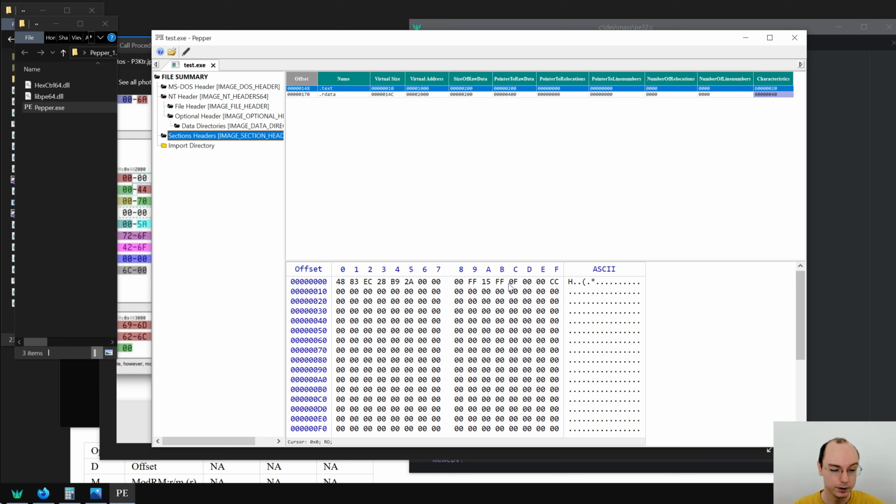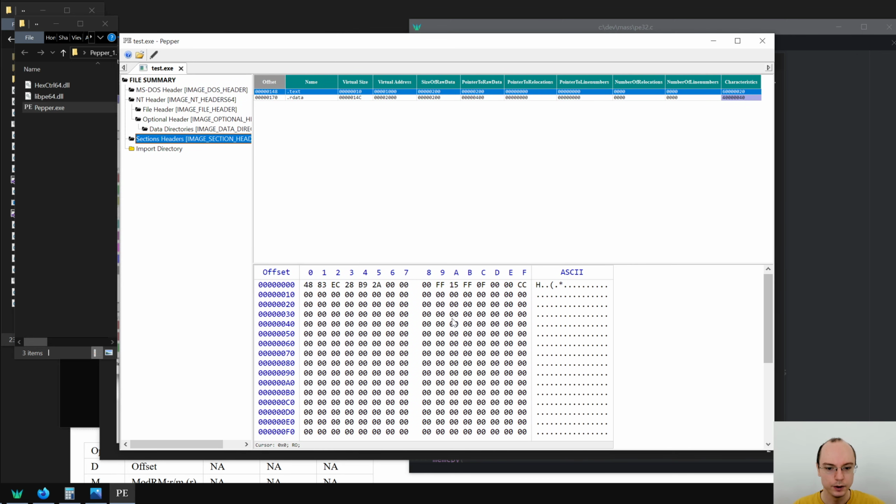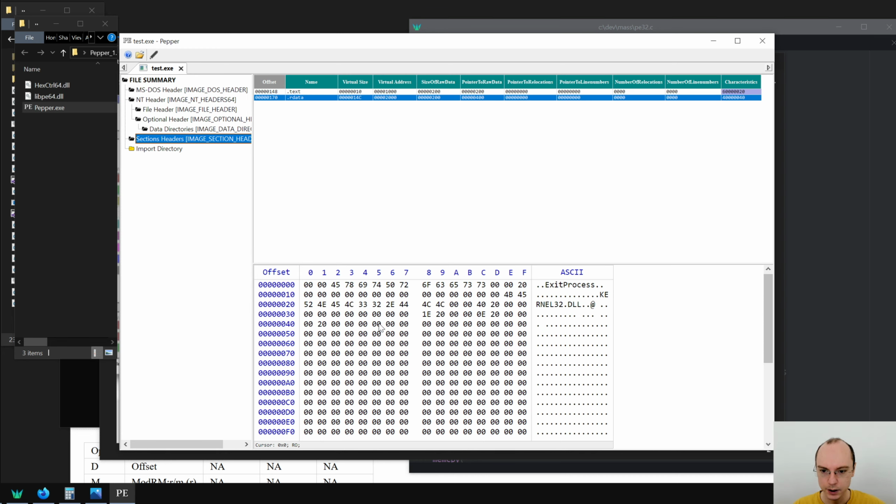Previously it was, what's it, 1F something, and now it's larger because the thing moved in the executable. If we look at our data, then first we have this ordinal stuff and exit process, and only then we have this